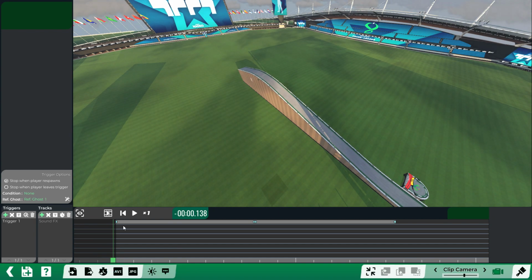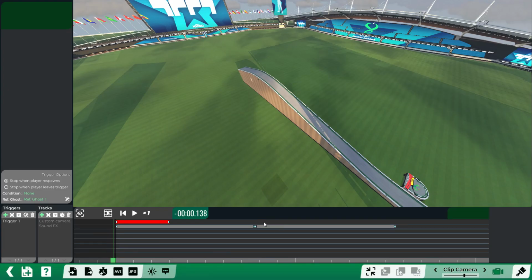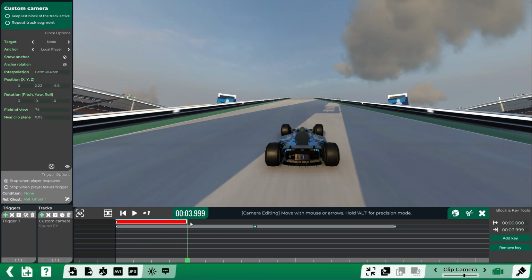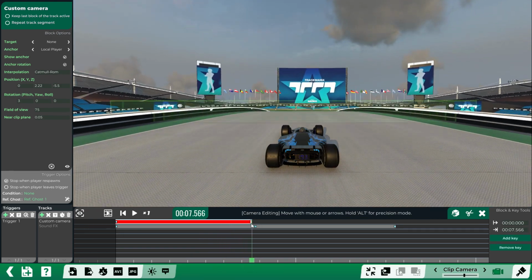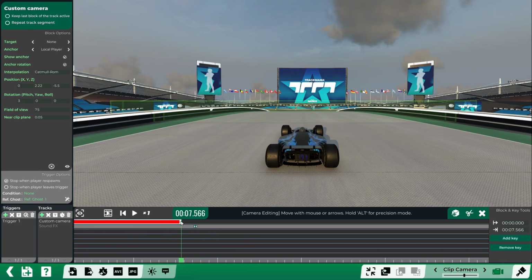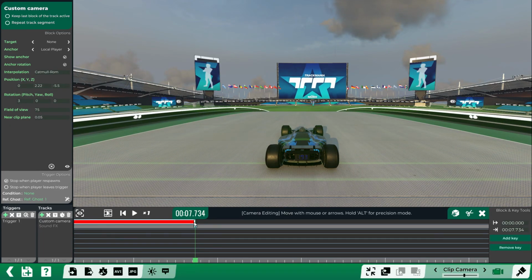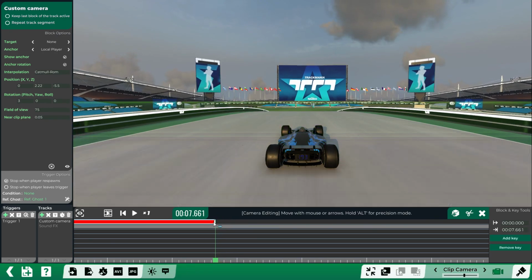Should work perfectly fine. So what we can do now is actually start making our cinematic that goes into the gameplay view. And for that I have already created a clip you can use. You can find the link in the description as well. So I'm gonna import this custom cam to gameplay clip. And here's the camera. And this camera is basically set up to imitate camera 2. Cam 2, and so I'm gonna put this right here where it starts. Just right here, right before the